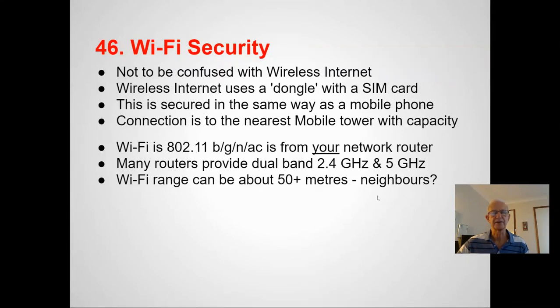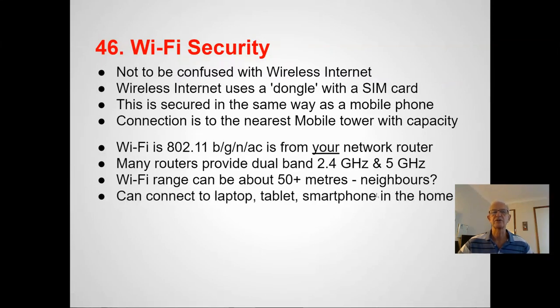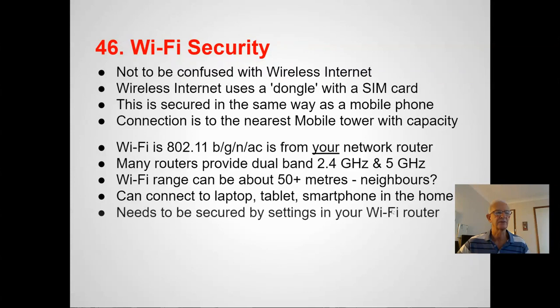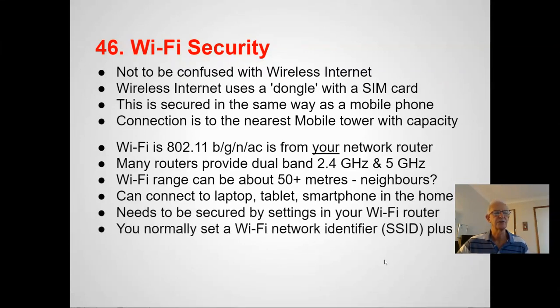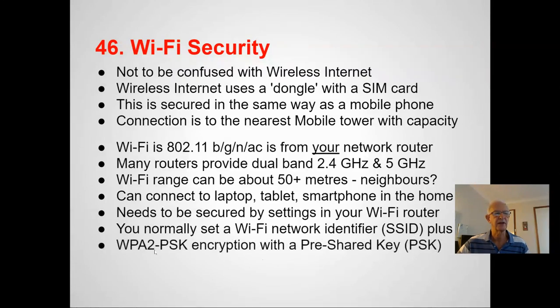But be aware that it can go a good way. So you need to be secured, otherwise your neighbours will be using your internet free of charge. You can connect to a laptop, tablet, smartphone, and your home needs to be secured by settings in your Wi-Fi router. You normally set a Wi-Fi network identifier plus the WPA pre-shared key encryption, which is the key that you type in. And the device holds that key